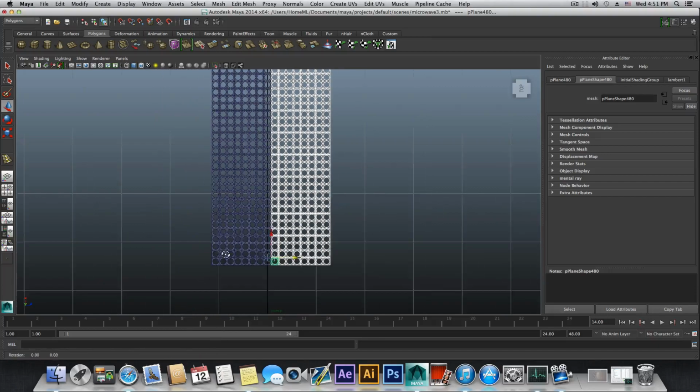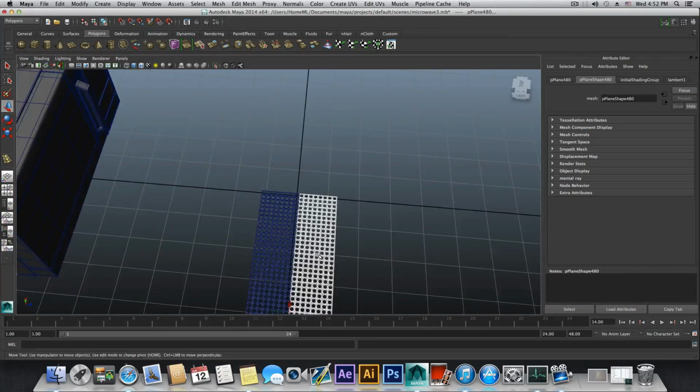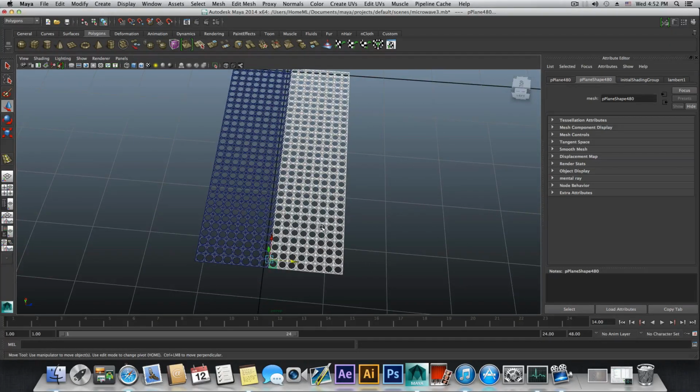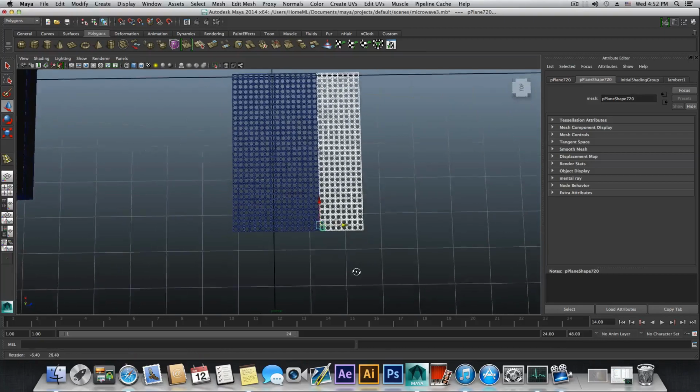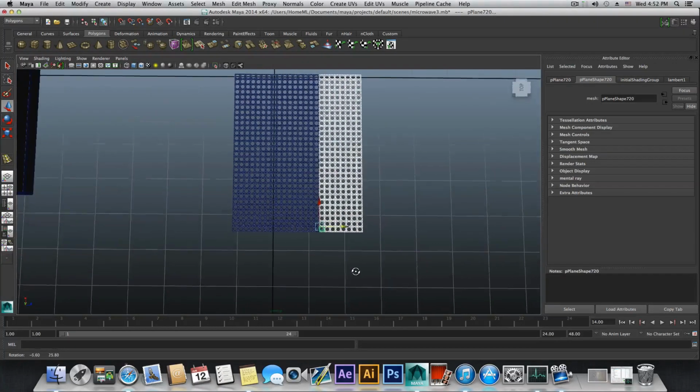So now I have a lot more coverage of this net here. And if you want, do this again, Shift D, so you'll get this big net. Okay, now